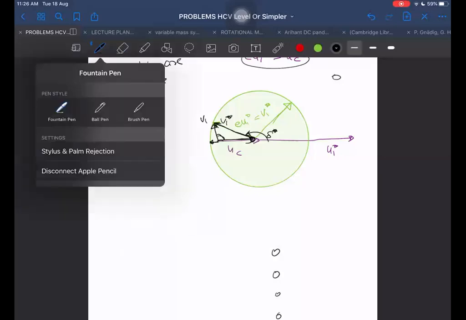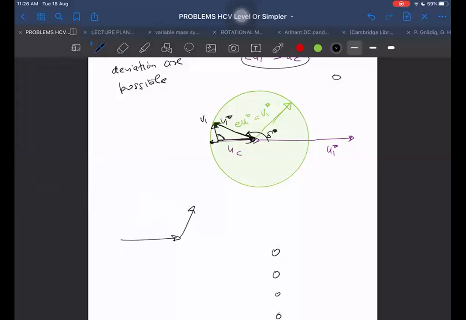How to add V1 star? That is also in any direction. I don't know, I can choose a random direction. It could be this side, it could be backwards also. V1 star could be backwards also. It may come back. So I'm just adding those vectors, nothing else. Those could be in any direction, this side, or this side, or this side. If I take the tip of all these vectors, then I will be getting a circle here. So this green circle I have formed in that way only.